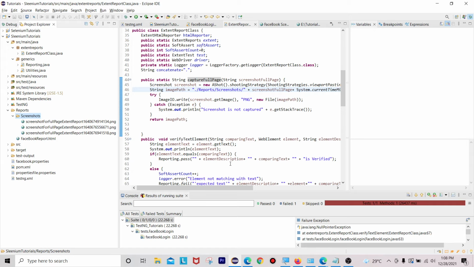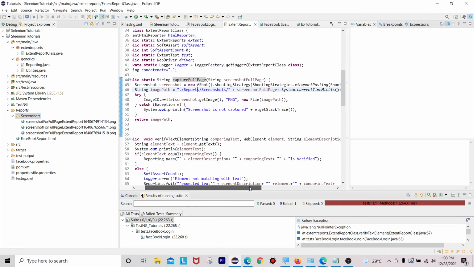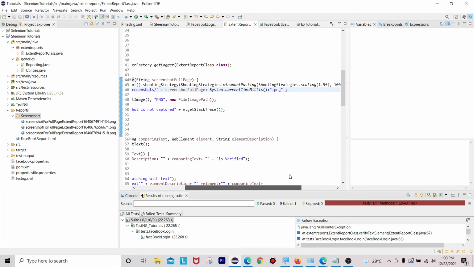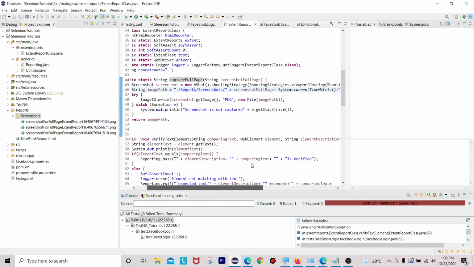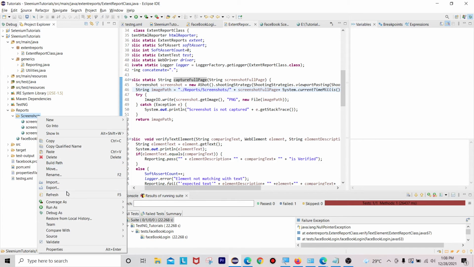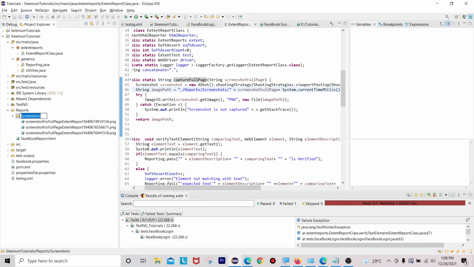Dot reports is available, screenshots also available. Okay, dot png is the extension, dot reports dot screenshots, screenshot full page. Okay, it is fine. Any spelling mistake we are doing here? Okay, rename, Ctrl+C.